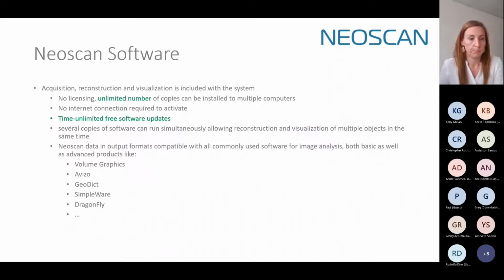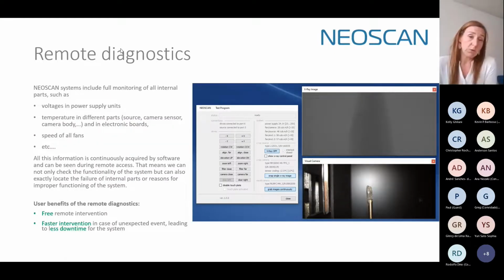Our systems all come with remote diagnostics, especially having experienced a pandemic, as we all have. I think this is a very important tool to have. Remotely we can log into the system, and it's more advanced than just doing a TeamViewer session. It's actually a test program that we can run remotely, and it will give all the voltages and the power supply units, the temperatures in different parts, and all the information that we need to instantly diagnose whatever might be potentially wrong in the case of an unexpected